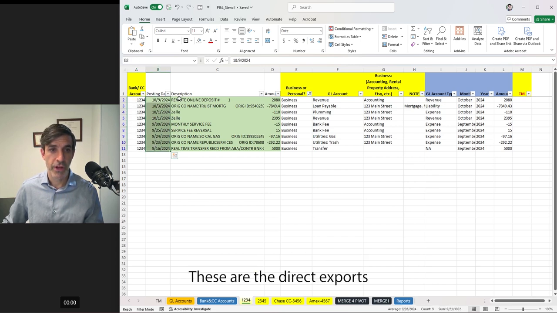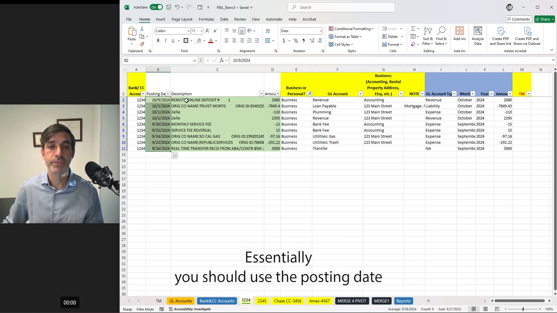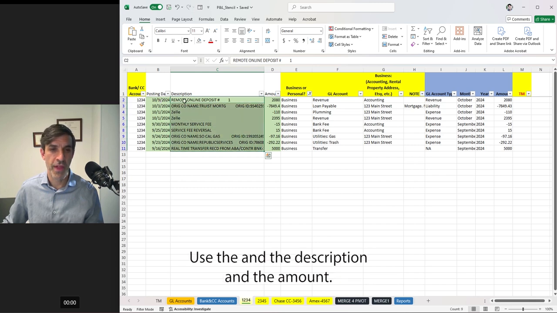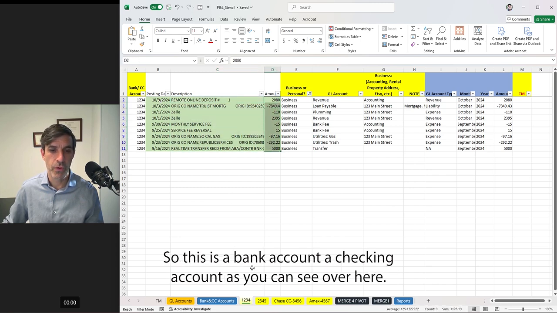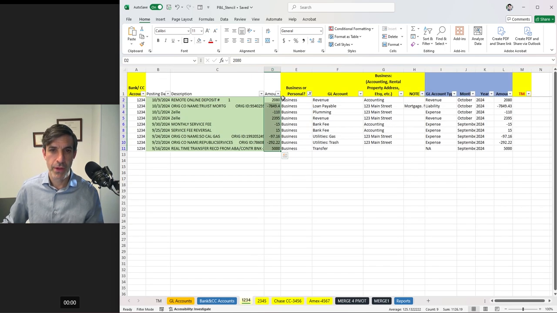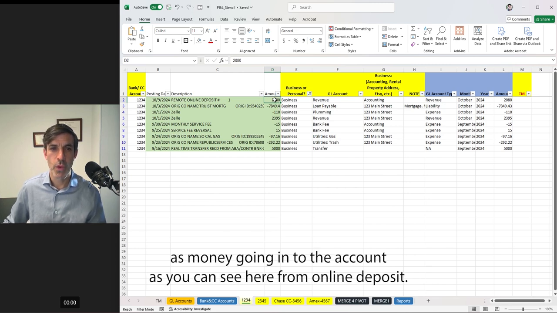These are the direct exports from the bank or the credit card. Essentially, you should use the posting date, the date that it posts to your account, the description, and the amount. So this is a bank account, a checking account, as you can see over here, account 1234. It's a checking account. And